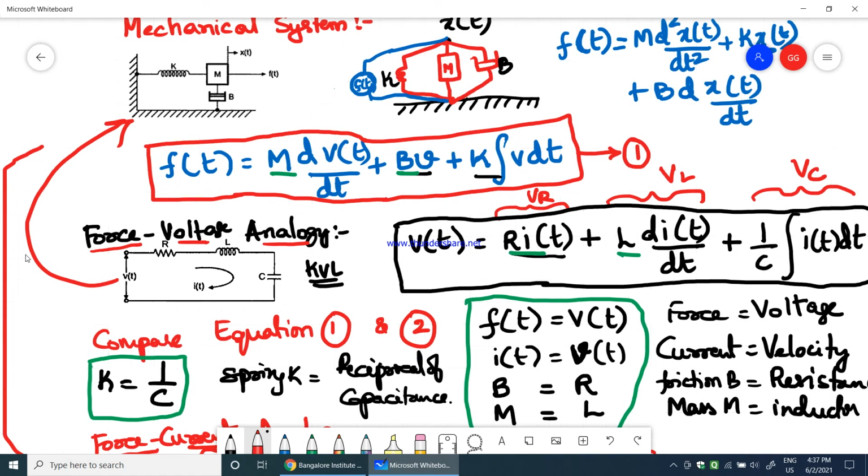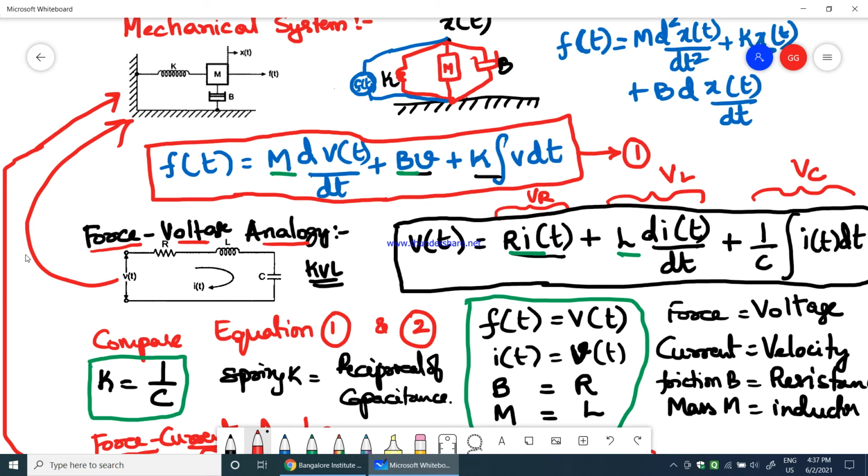Okay, for this system, these 2 circuits are the force voltage and force current analogous networks for the given simple mechanical system. You might be given some more mechanical systems, which we will do now. We'll take examples of different mechanical systems and see how to write the analogous network for the given mechanical system. They might ask you this for 10 marks.